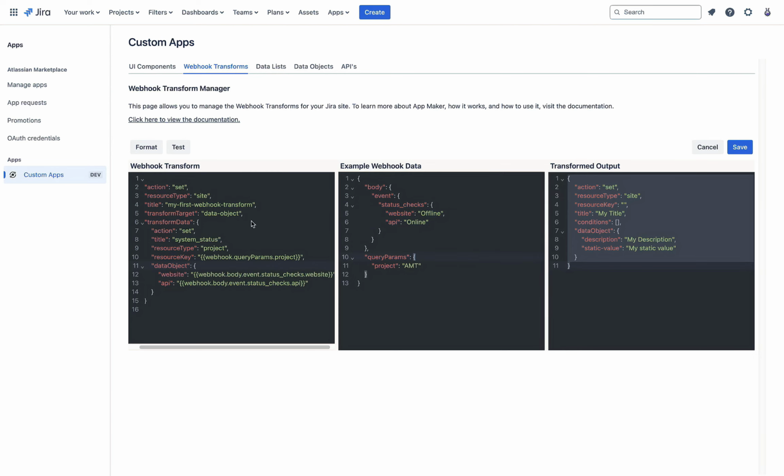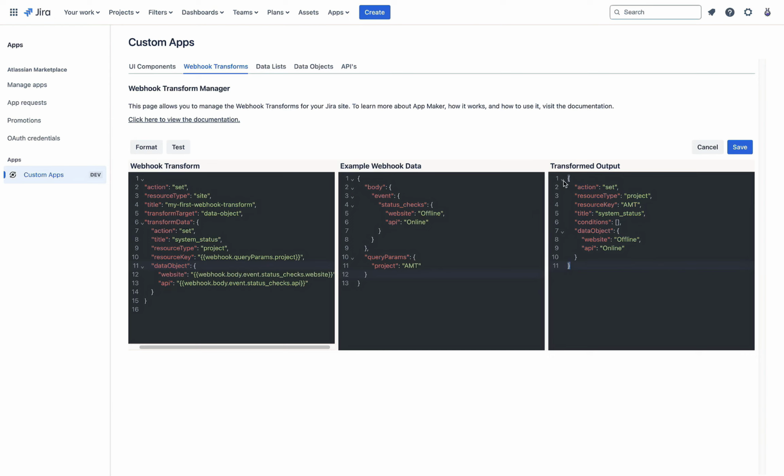Great. So this should create a data object that is exactly the same as what we were using in the previous video, that we can then display inside the UI with our system status widget. But I don't want to have to go through the process of creating the webhook in the other system and then firing the webhook to know if that's going to work or not. I want to know if it's going to work now. And so to do that, I can hit the test button. So I hit test,